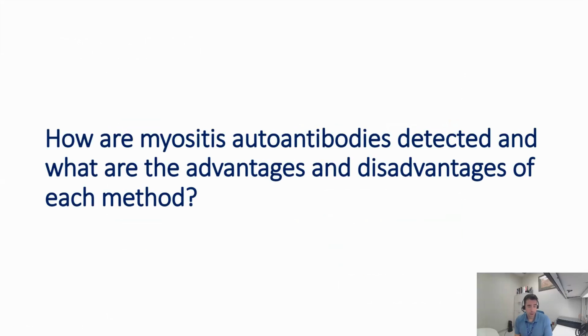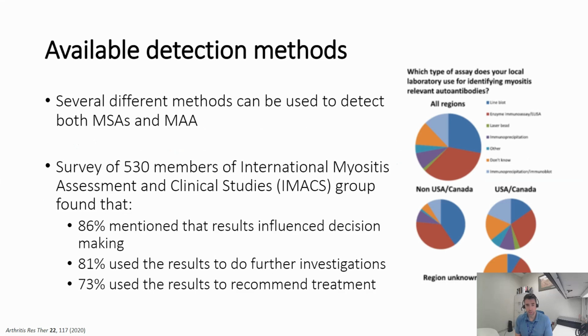So, how are myositis autoantibodies detected, and what are the advantages and disadvantages of each method? I think to start this off, it's going to be useful to identify what methods are actually available for the detection of these autoantibodies. And so that brings us to this slide. So there are several different methods that are used for the detection of not only myositis-specific autoantibodies, but